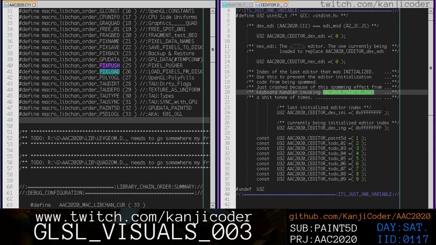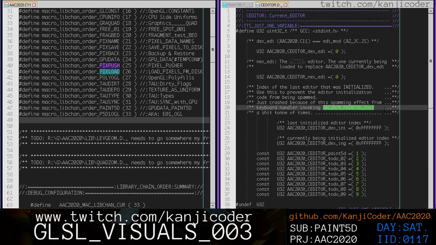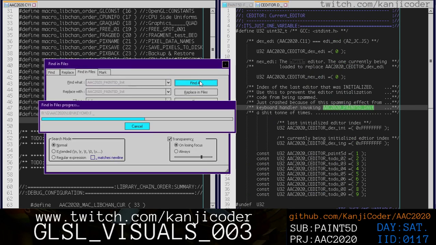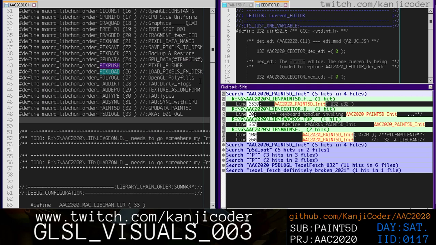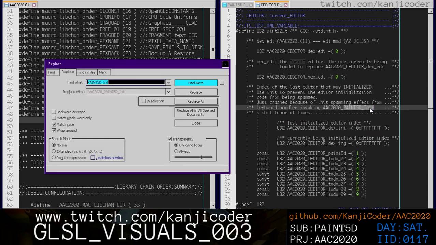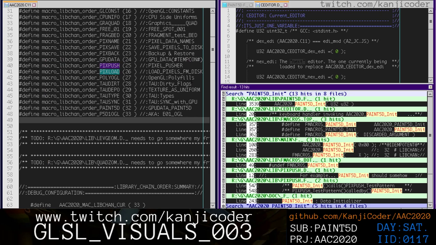So the keyboard handler, so this is not where this is being called. Let's find in files again. That's not where we're calling it. Oh, are we using F macros? So let's remove this for a second. Let's remove this. So I think that we want to look for the F macros. And if we look for F macros,